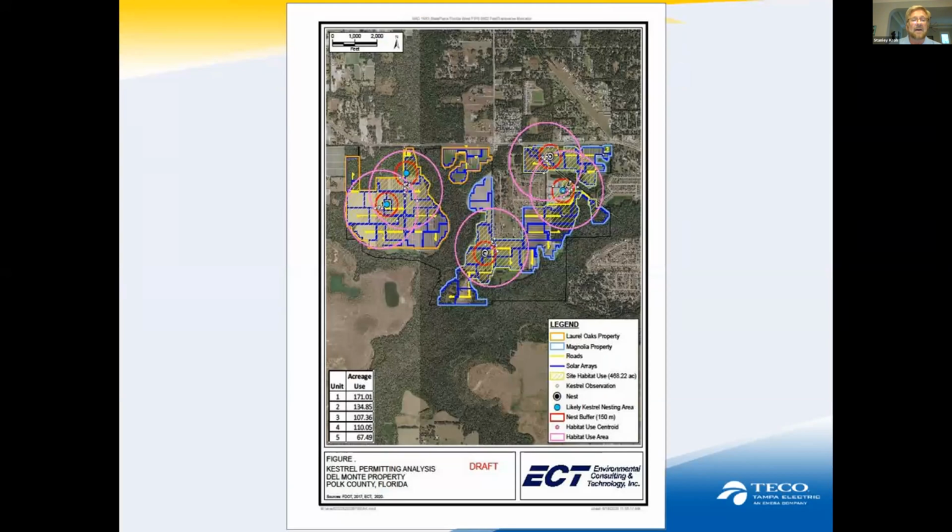This is the Del Monte site, which was actually split into two different solar projects, Magnolia and Laurel Oaks. And the areas in the red circles are where known kestrel nests are. And then the pink circles show the extent of their foraging habitat. So that all had to be protected and respected in some way. As you can see, when you take all those circles together, that's quite a bit of habitat,